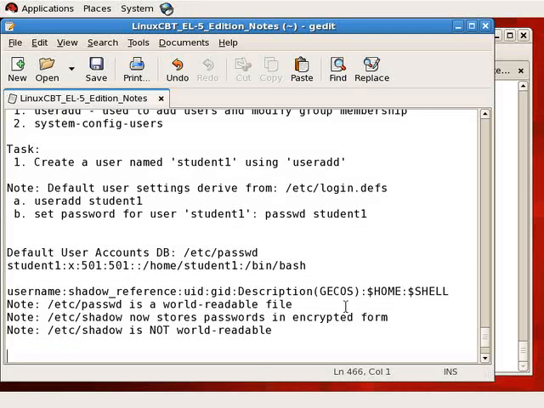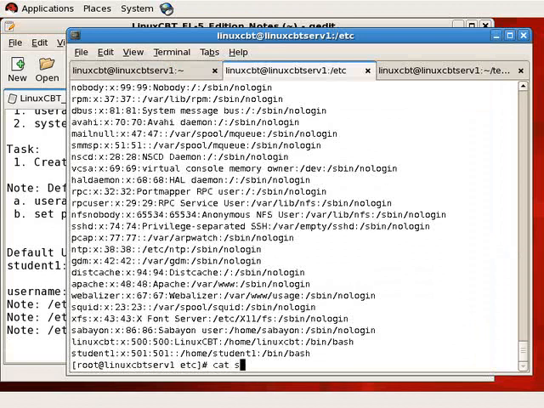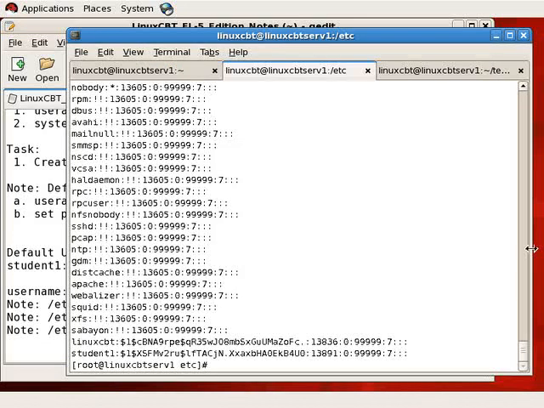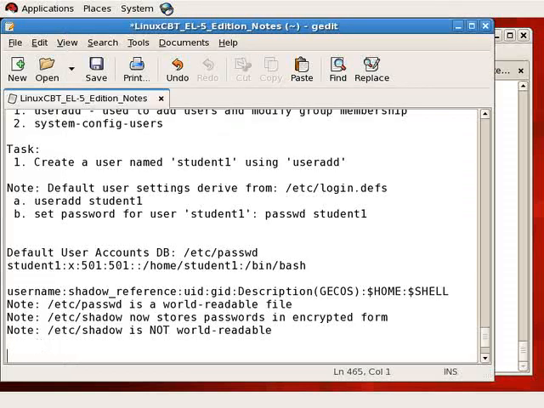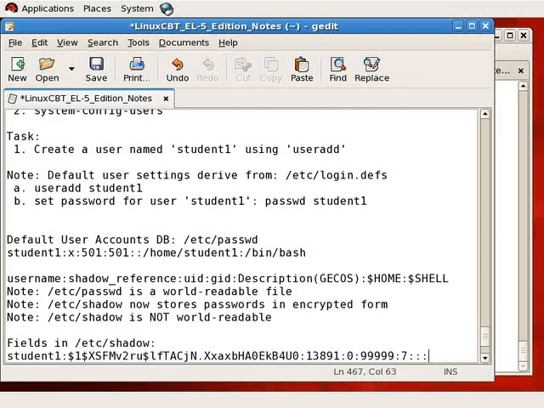So with that said, to get the full story of any particular user, such as student1, we need to take a look at the /etc/shadow file, because it also contains multiple fields. So let's cat the contents of shadow. We will find one entry per user found in the /etc/passwd file, and we'll extract student1's entry. We could have done the same for Linux CBT, and then paste it. So fields in /etc/shadow, for example,